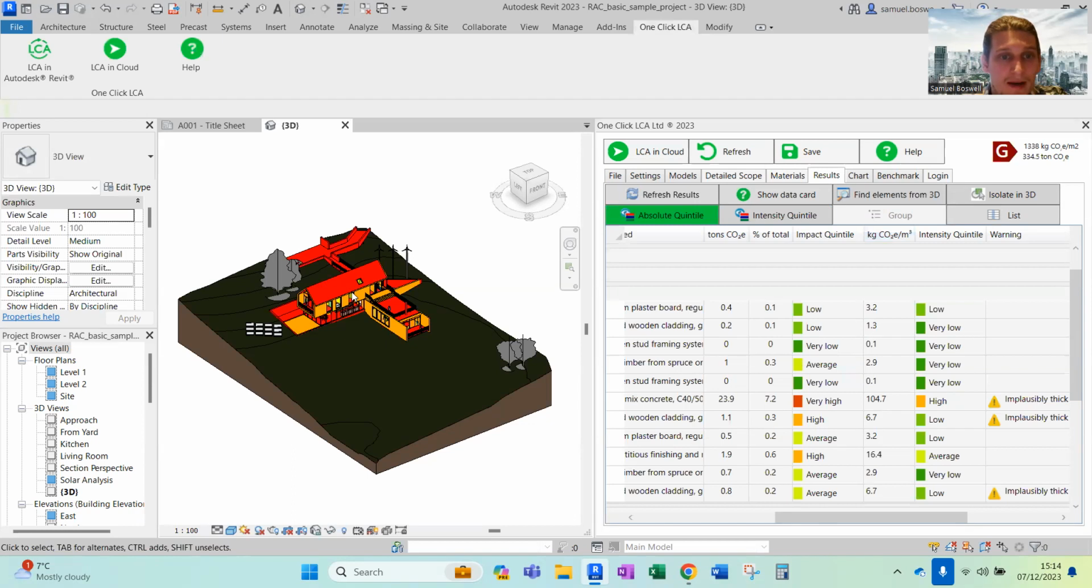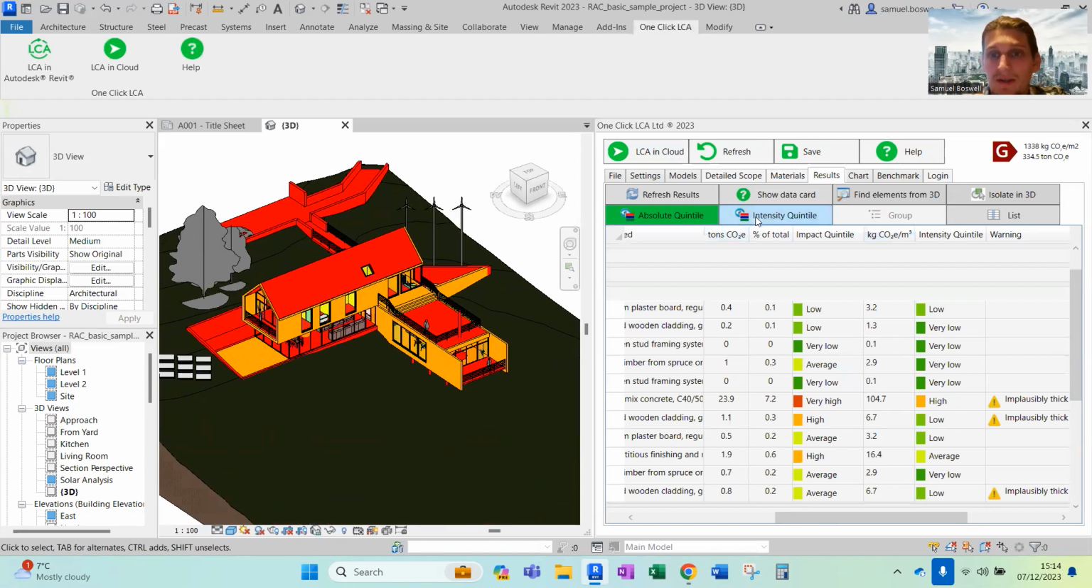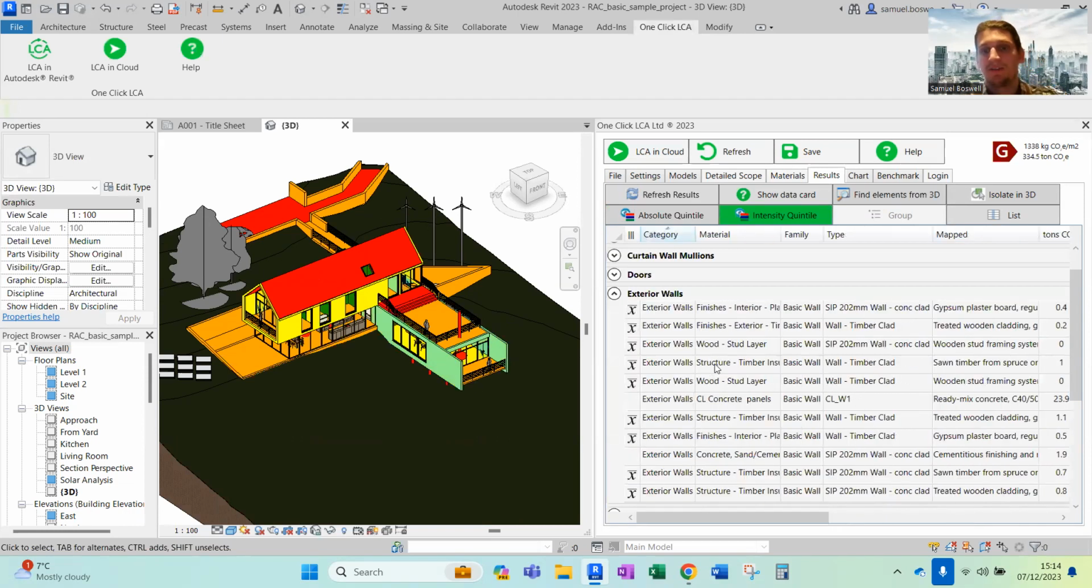So here it's showing where the main impact areas are coming from, but we can also do the same for intensity. So that's what that looks like. This is what the data looks like. As you can see, this would also be very useful for not only taking that data back to